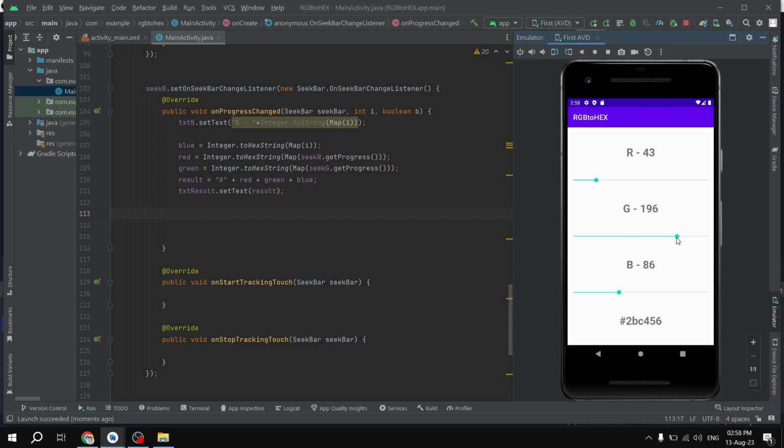So guys, basically this is how you write a simple calculator which can convert the RGB color to hex format. Sometimes you may be really in need of this kind of application, so I think this is a simple yet useful